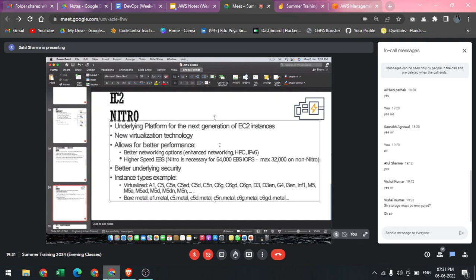Now what is this Nitro? Beta, it is an advanced version which has a few advantages over the traditional one. What are the advantages? It is a new virtualization technology. It allows better performance, better networking operation, enhanced networking, HPC, high performance computing, and it allows IPv6, which I have told you we are not using as of now, but if we use EC2 Nitro, in high performing computing, IPv6 can be used, and it offers higher